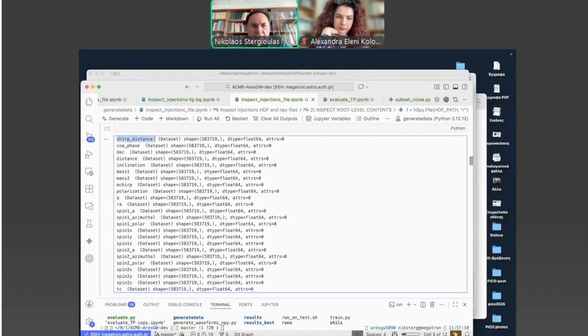It has, for each of these parameters that determine a waveform, a dataset, which is these 583,000 different possible combinations that produce different waveforms. So these HDF files are large because they include all these nearly 600,000 possible waveforms that you could use. You can, of course, create an even larger one, but this we found was sufficient for our purpose so far.